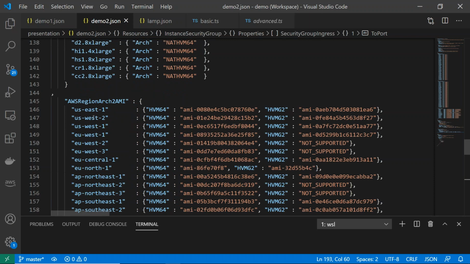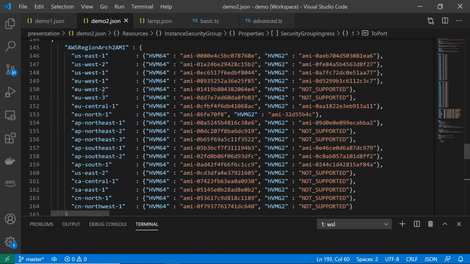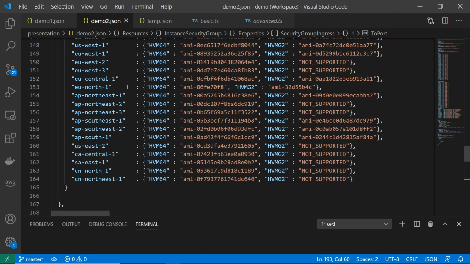As people are building their CloudFormation templates, I have met people that are spending their time working inside of JSON in these CloudFormation templates. And it can be a lot of work to make the changes, which is not what you want. You want to be able to make changes as quickly as possible, but it can be difficult. But everything else here is exactly the same.